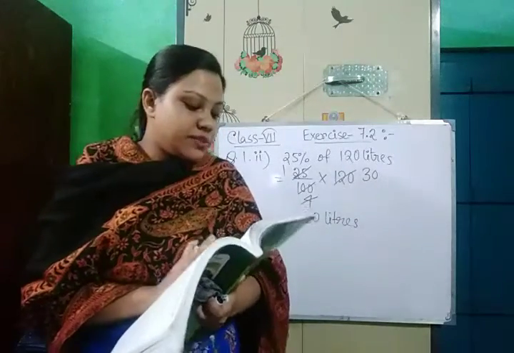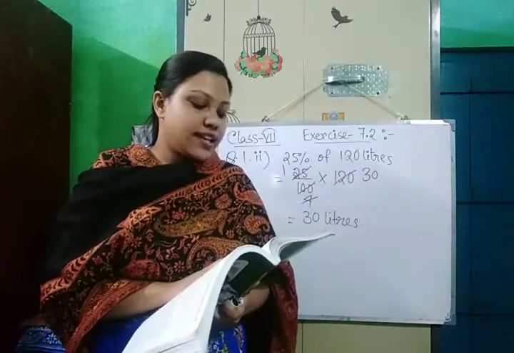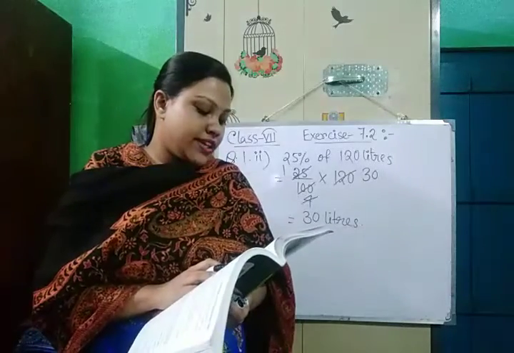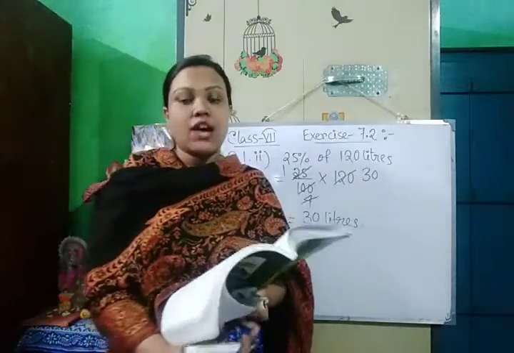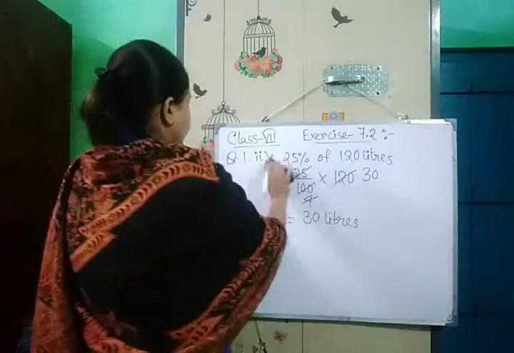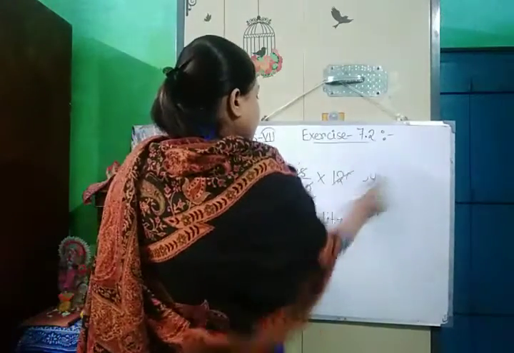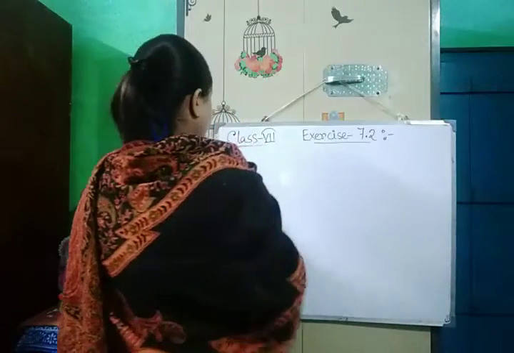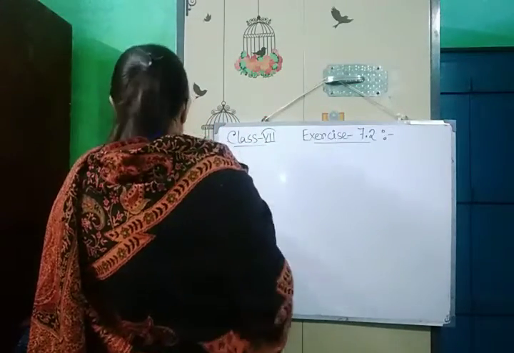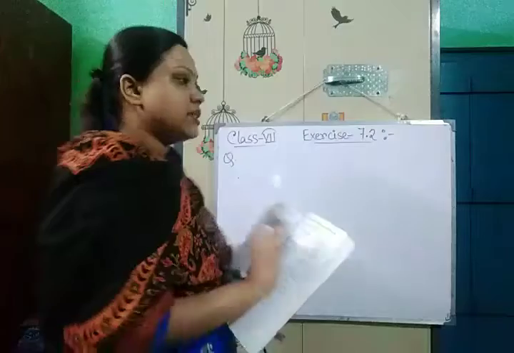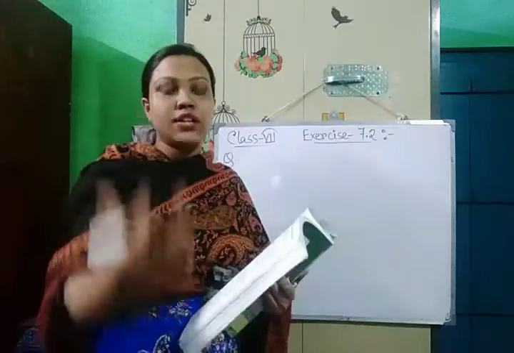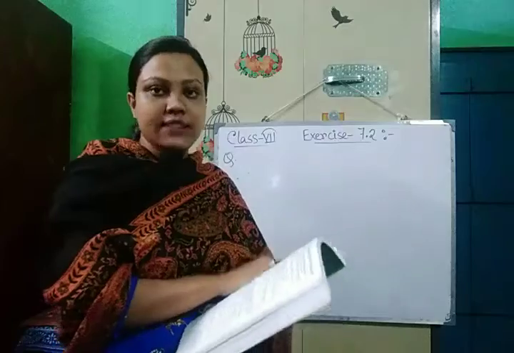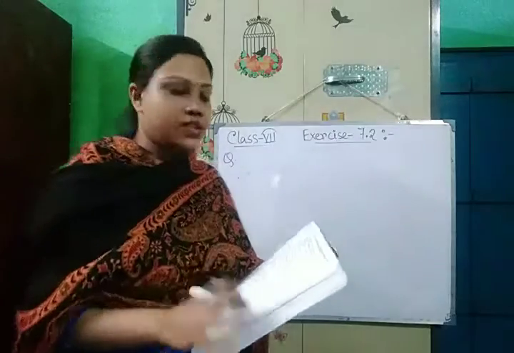Next I am doing question number 4, Roman A, express 20 as a percentage of 50. How can we find out that? I have skipped two sums here, question number 2 and 3, because this type of sum, if we do the next sums, you will understand how to do this type of sums. Okay, these are very easy, that's why I am not doing these ones.